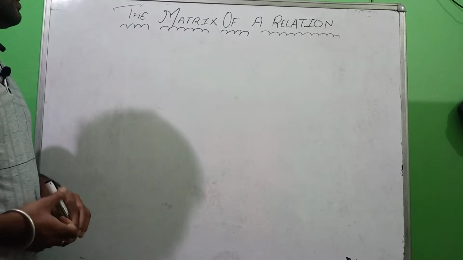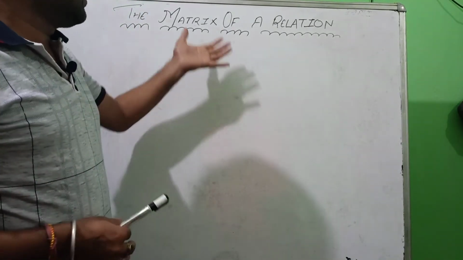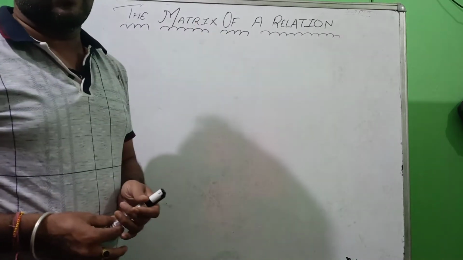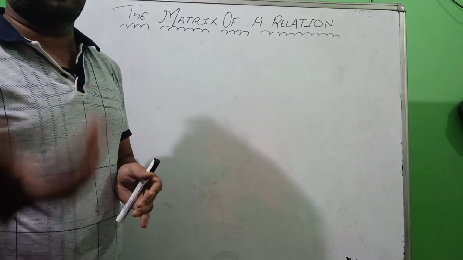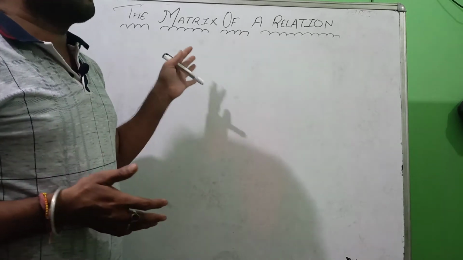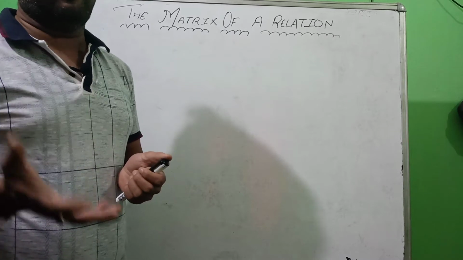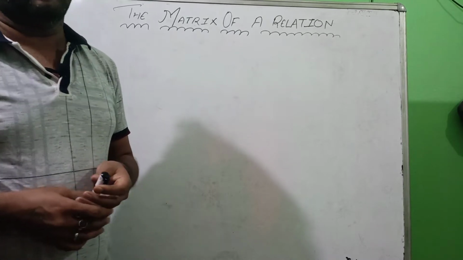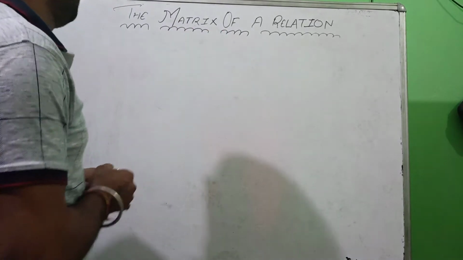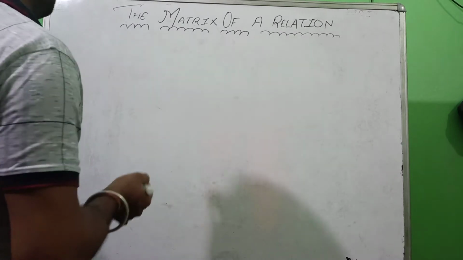आज हमारे पास जो टॉपिक है, द मैट्रिक्स ऑफ अ रिलेशन। तो दिस इज़ वेरी इम्पॉर्टेंट टॉपिक कि किस तरीके से एक रिलेशन को हम मैट्रिक्स बनाकर उसको रिप्रेजेंट करते हैं, और फिर हमारा वीडियो आएगा कि आप कैसे चेक कर सकते हैं विद द हेल्प ऑफ मैट्रिक्स, रिलेशन इज़ अ रिफ्लेक्सिव, सिमेट्रिक, ट्रांजिटिव। तो उसको चेक करने का भी तरीका हम आपको मैट्रिक्स से बताएंगे। सो वी विल स्टार्ट विद द मैट्रिक्स ऑफ अ रिलेशन।